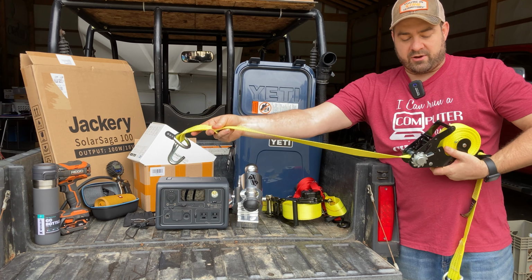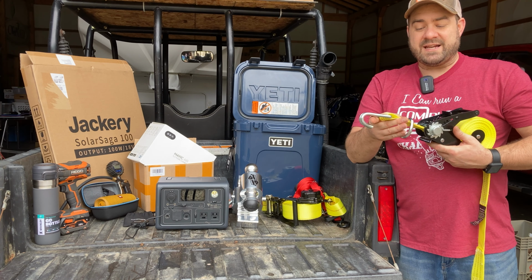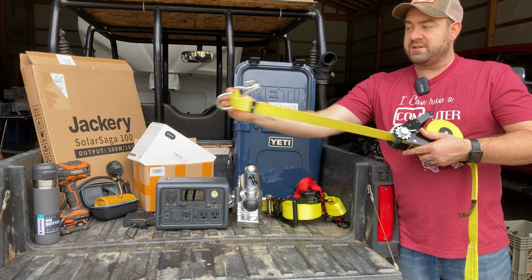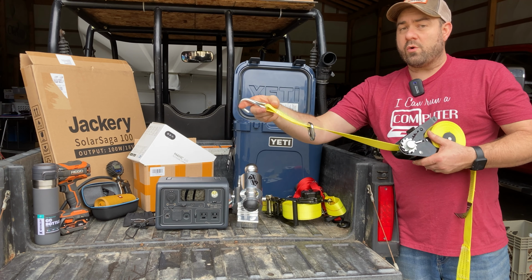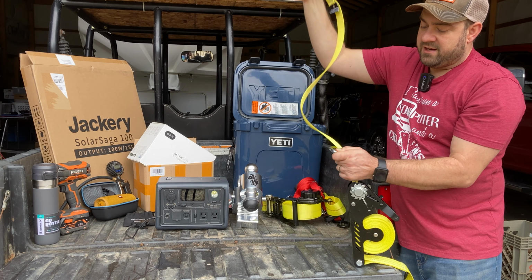You pull the strap out, you ratchet it in, and then when you're all done, it does retract on itself. But if you'll notice here, there's a D-ring and your hook. So, you know, different trailers have different latching styles. You might want to use the D-ring, which is perfectly fine, or you can use the hook, or if you're going around something, you can use both. So you just pull out the amount you need,